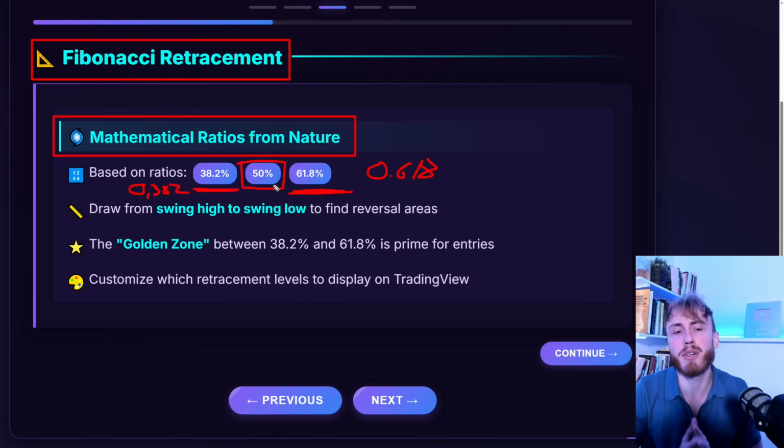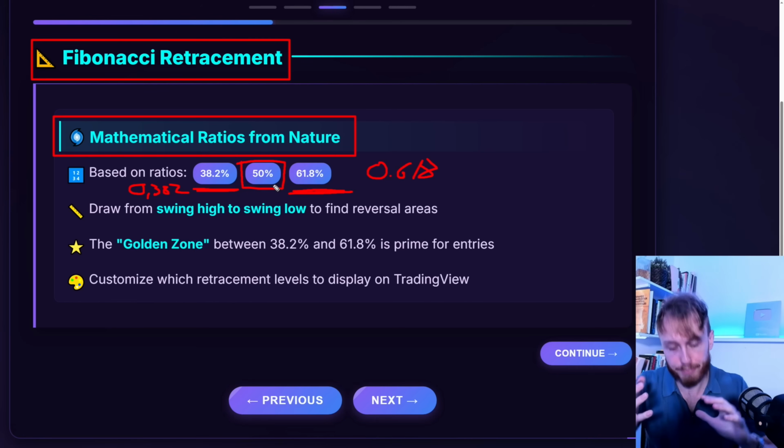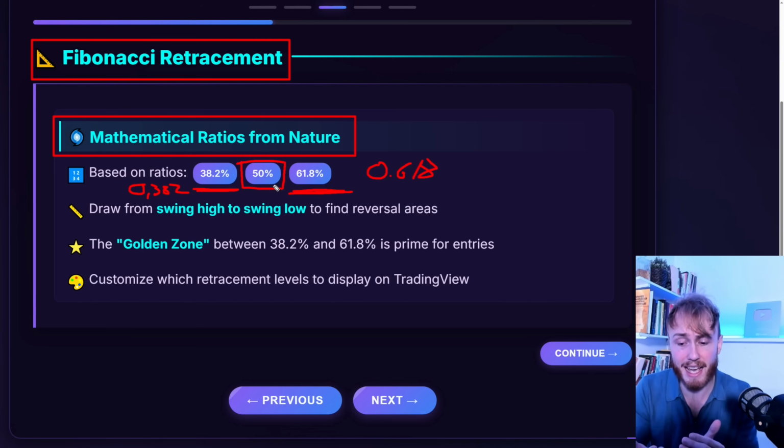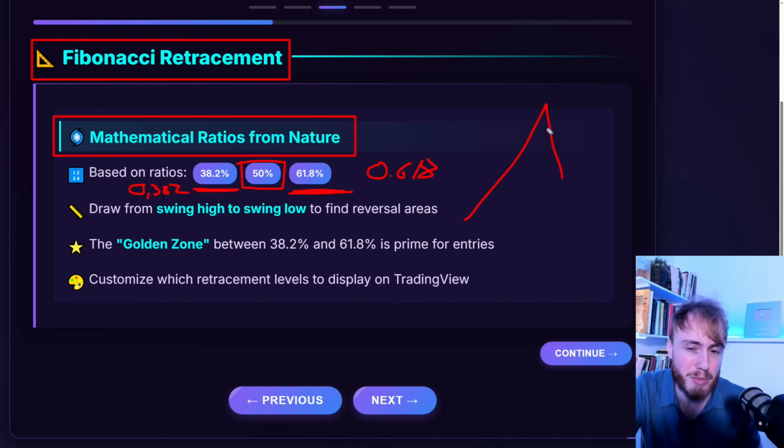The 50% number is not a Fibonacci number, but it's still important, for basic geometrical reasons. It's just a fact that in order for a trend to trend, the pullbacks will on average be around half the size of the impulsive moves. So if we have an impulsive move, the pullback tends to be around half the size,